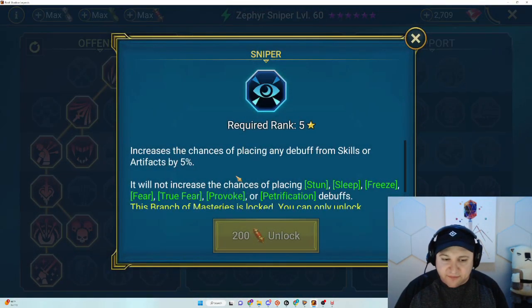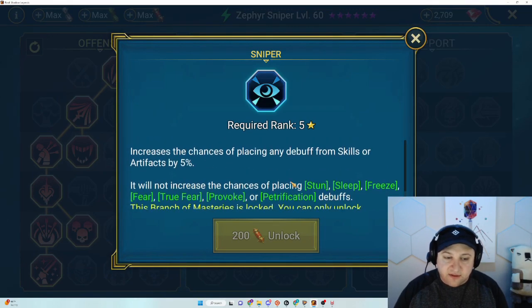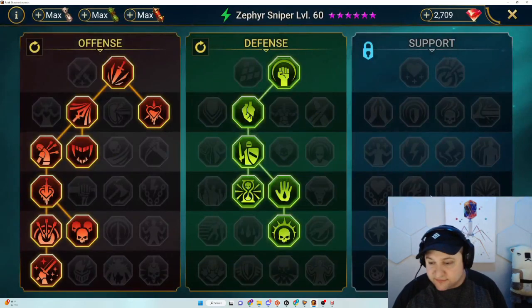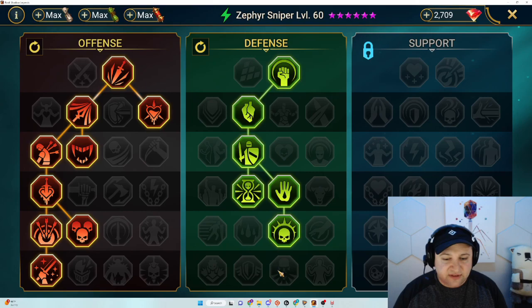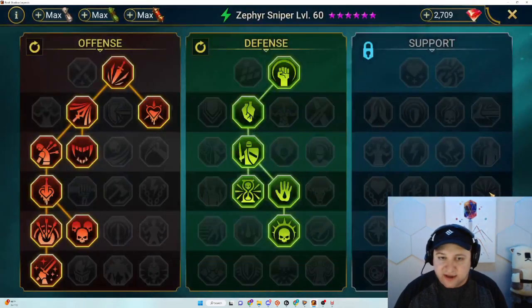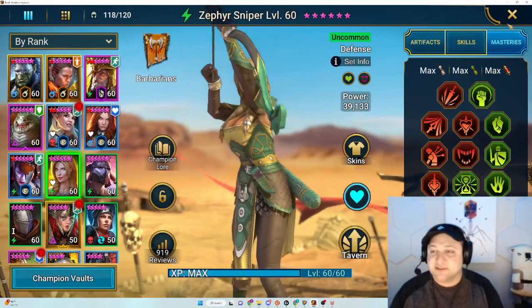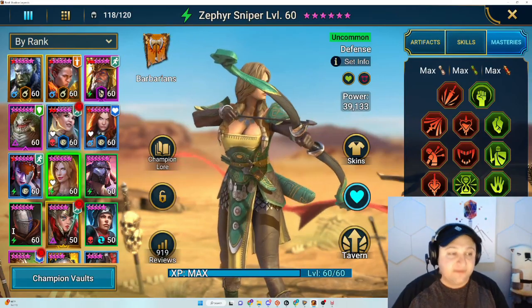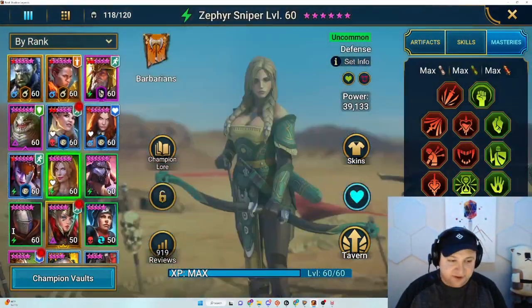I wonder if... no, it doesn't count as a debuff. Let's just... Oh, yeah, no, okay. Artifacts, yeah. So, I'm curious... I'd probably put her in the support tree for the extra accuracy and the Evil Eye and stuff like that. So that's kind of interesting because that'll give us a core team to help push through the waves. I think if we can get Deacon, Broadmaw, Zephyr Sniper...